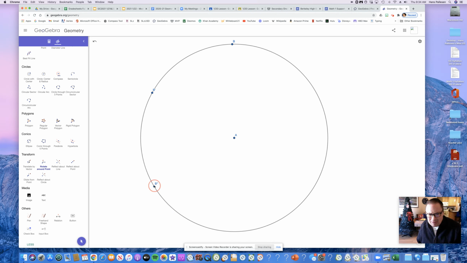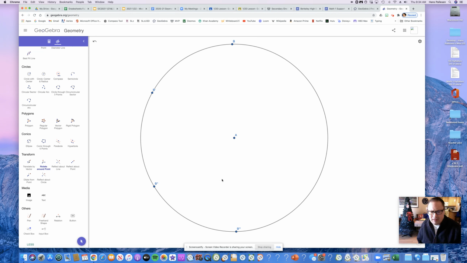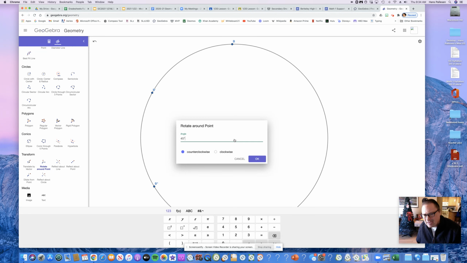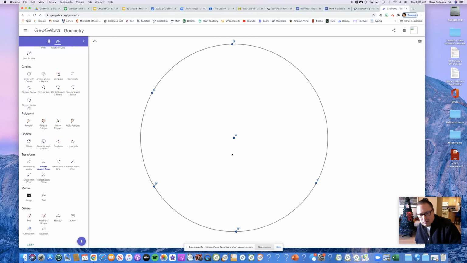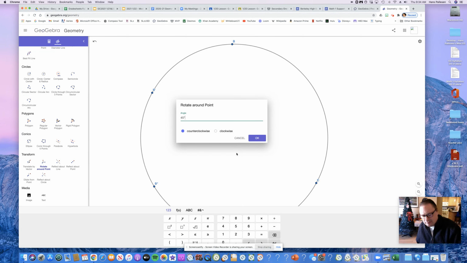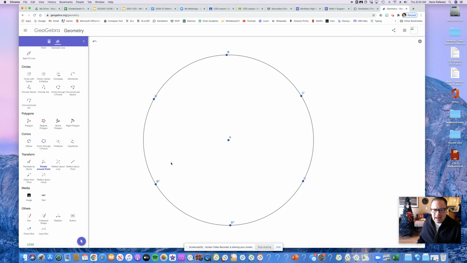Then rotate B double prime around A, and then B triple prime around A. And then rotate C around A. Okay. Now,